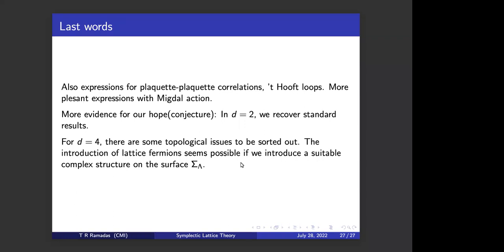If I take two faraway plaquettes and I scale the distance to remain finite as I take the lattice spacing to zero, such that it is a finite limit, then it would be effectively some kind of a